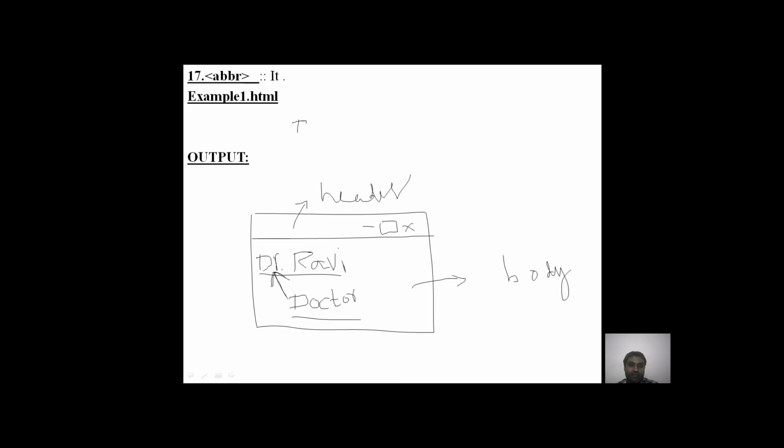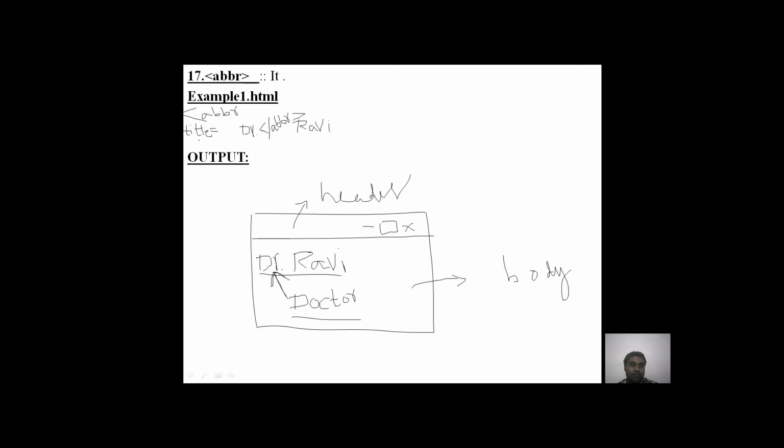So you have to write a piece of code like this. Ravi is normal text, so Ravi should be displayed on the output screen. Next, DR should be displayed as an abbreviated text. Since it should be displayed using the abbreviation tag, I have to write DR inside the ABBR abbreviation tag. In this abbreviation tag I am using an attribute called title.